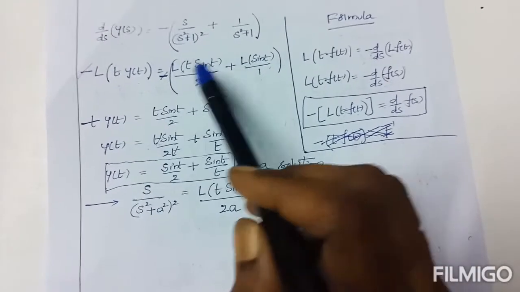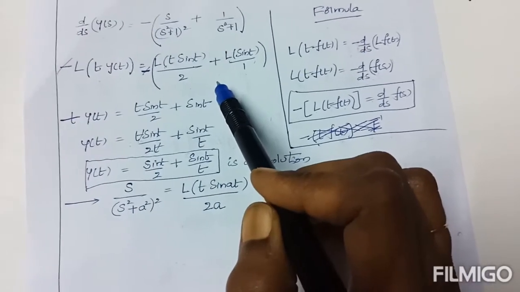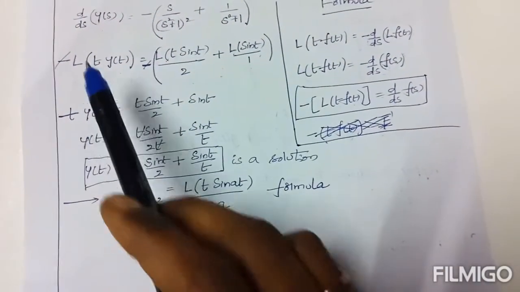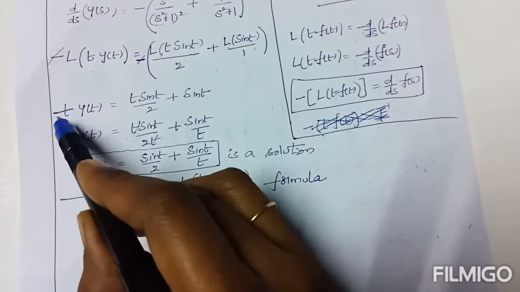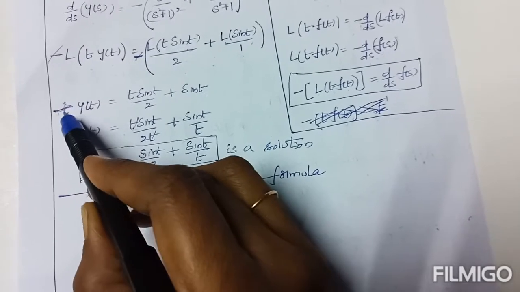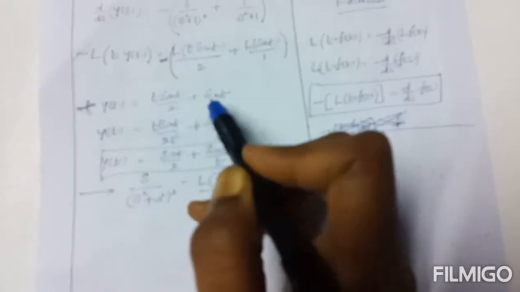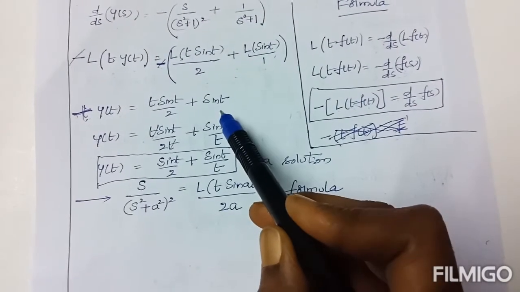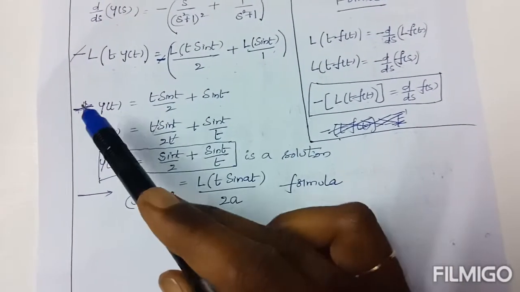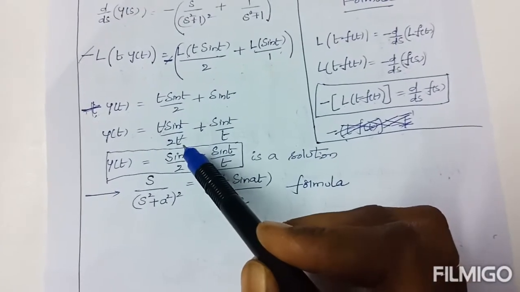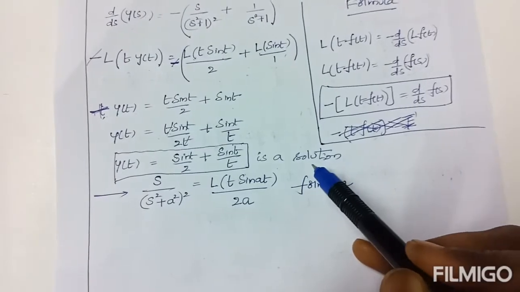Now on both sides we can cancel the negative sign and we can cancel the Laplace operator also. Then the resultant step is, minus minus already gets cancelled, t only is there, this is only t into y of t equal to t sin t by 2 plus here it is sin t. Y of t equal to t sin t by 2t. Here there is a t, write it on the right hand side, plus sin t by t. Now this is called the solution of the given differential equation.